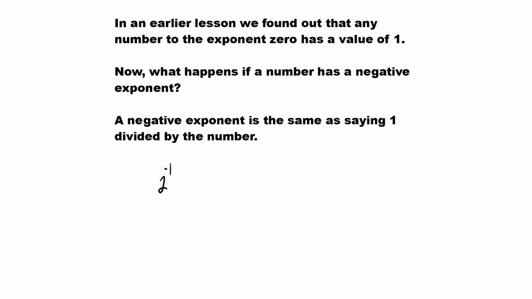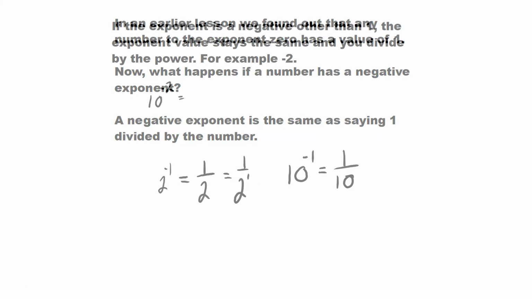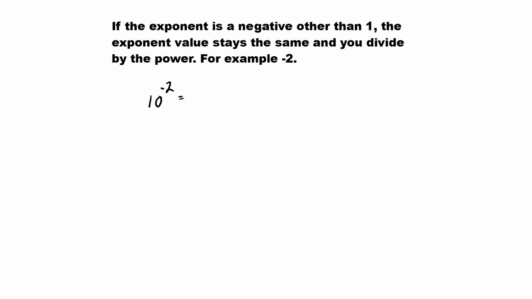Let's look at an example then. We've got 2 to the exponent -1. So that's the same as saying 1 over 2, or 1 over 2 to the exponent 1. That also means if we've got 10 to the -1, that's the same as 1 over 10. If the exponent is a negative other than 1, the exponent value stays the same and you divide by the